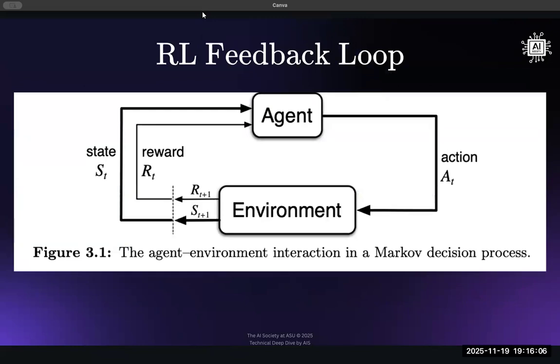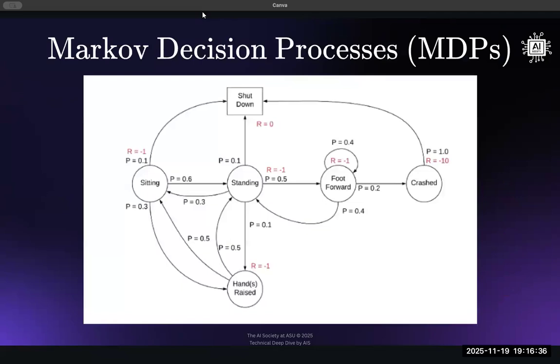And now we're just putting all of this together. The feedback loop in reinforcement learning, right? We have the environment, we have the agent. The agent will take an action. This action will be sent to the environment. The environment will then provide the agent with a new state and a reward. So the agent is in some current state, it takes an action, and then the environment gives it the new state that it's going to transition to along with the reward. And so that's sort of what the Markov decision process is trying to model.